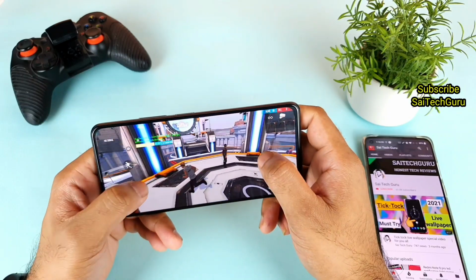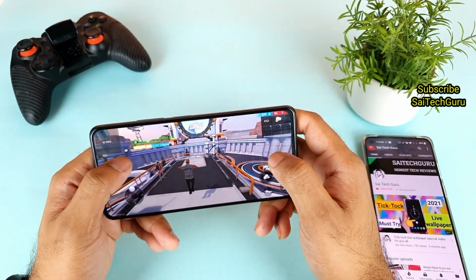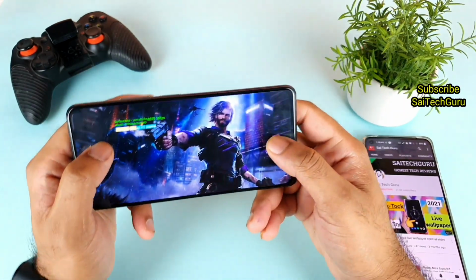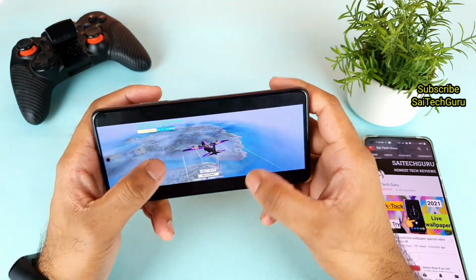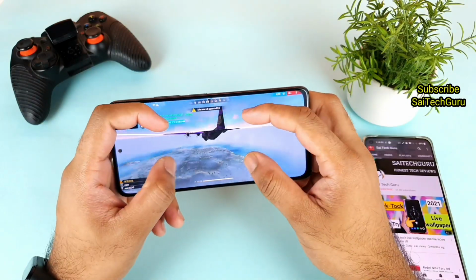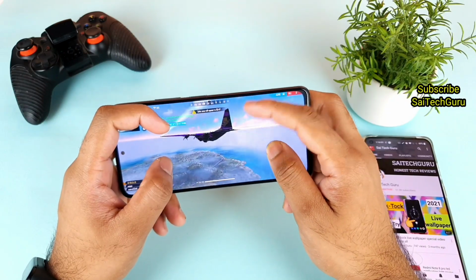Most of the time nowadays I play Call of Duty, not Free Fire and PUBG. I didn't have any problems with the Call of Duty gameplay. Let's see whether we'll be able to face any kind of issues. In PUBG, there was a problem with the 4-finger gesture when you're trying to use 4 fingers on the screen. That is when the problem happens.